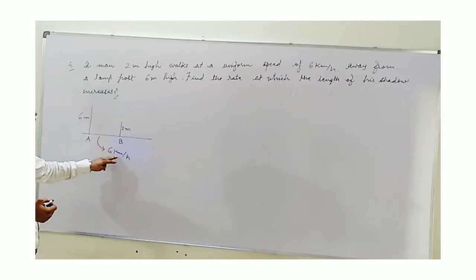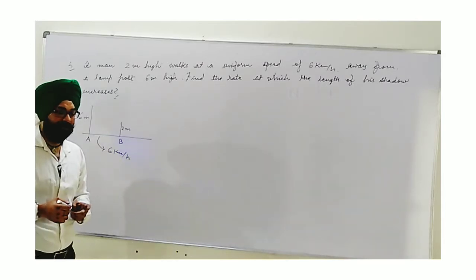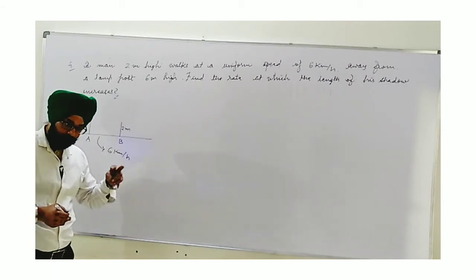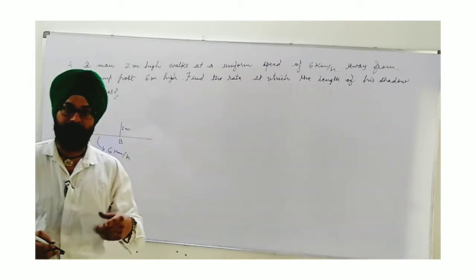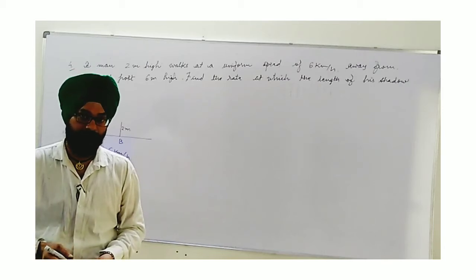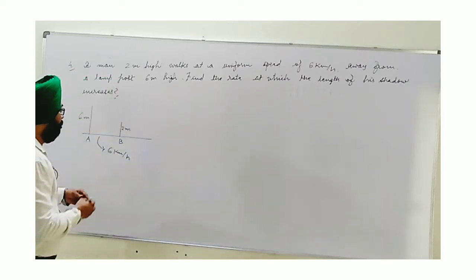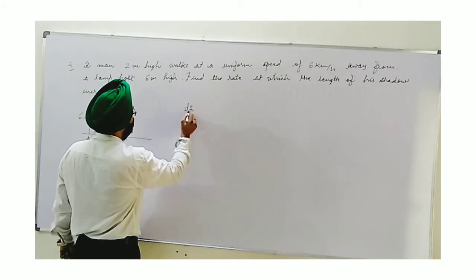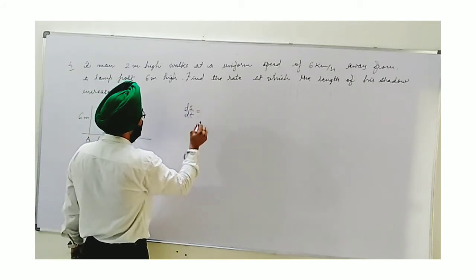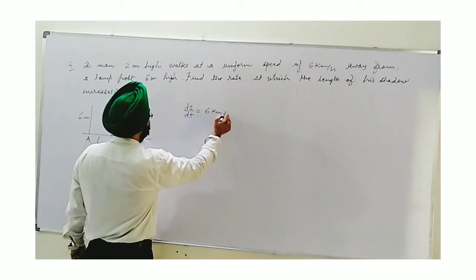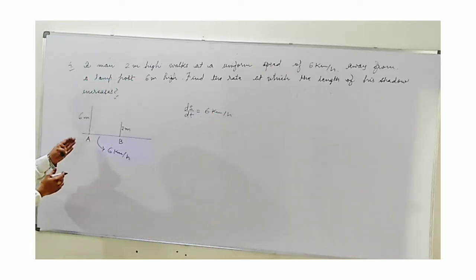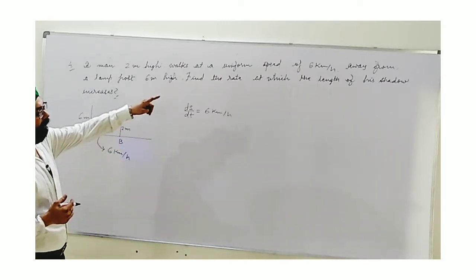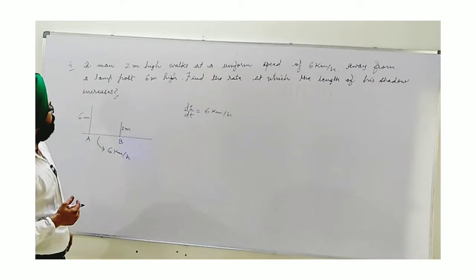So this is the speed, nothing else. The speed is equal to distance upon time. Now, speed actually is the rate of change of distance with respect to time. So here we can write, if I consider s is the speed, then ds upon dt is given as 6 km per hour, which we will use for AB. Actually, this is the rate of change of AB. Now, find the rate at which the length of the shadow increases.